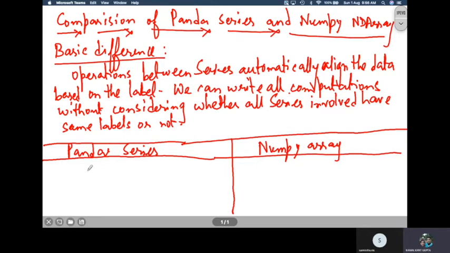These are the basic differences. Number one, in series we can define our own labels.